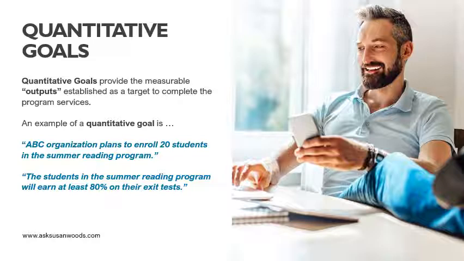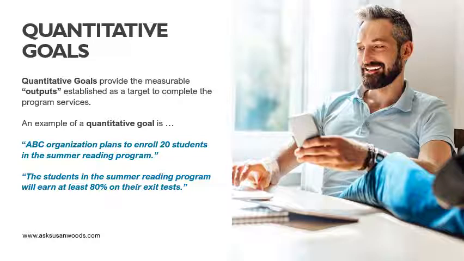Now remember, in the last class we talked about qualitative objectives. Qualitative objectives measure behavioral changes in the people who complete your program services, and they are called outcomes. Quantitative goals measure the outputs established as a target to complete the program services. So whenever you are writing your quantitative goals, make sure that they are realistic. Make sure that they are goals that you can meet based on the people that you have in your organization